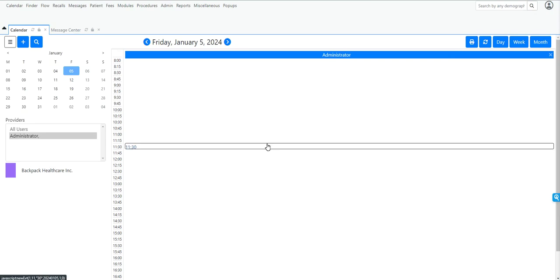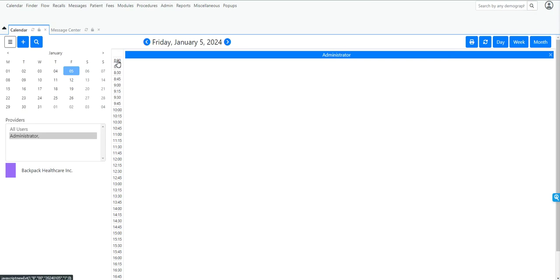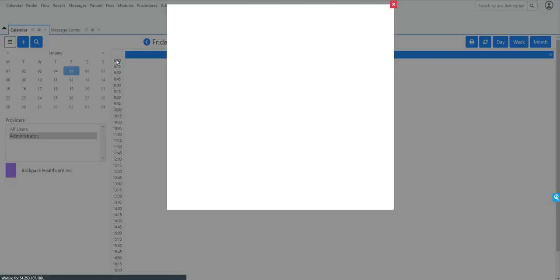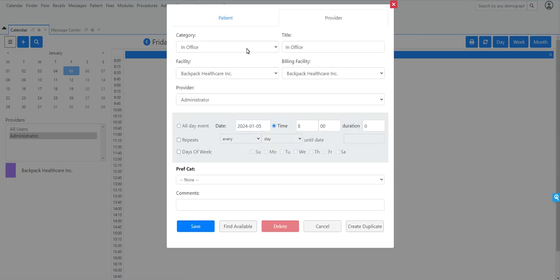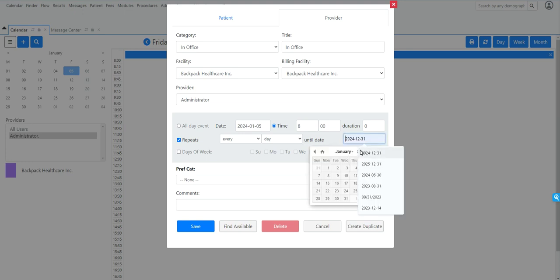If you're a provider and you want to set up your calendar properly, what you want to do is click on the time frame on the calendar and go to provider, and then you're going to set your in-office time. I'm going to tell this to repeat every day, and you must give it an end date. If you don't give it an end date, it won't set. So I'm going to go ahead and set it for this year. End date will be,